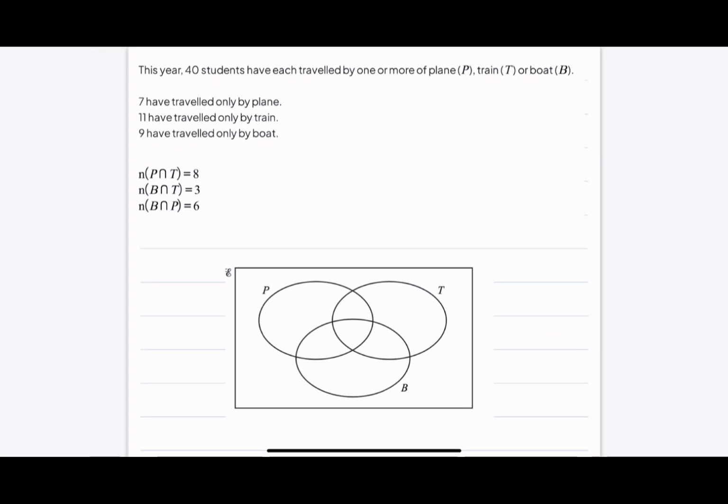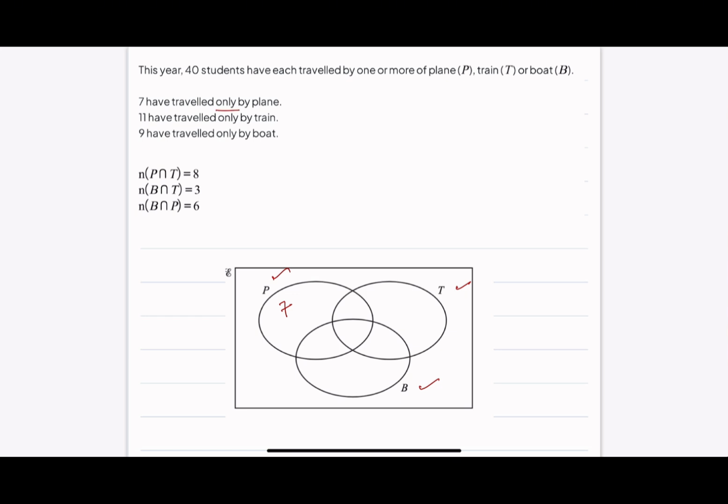Okay, so this year 40 students have each traveled by plane, train, or boat. These are the three sets that you can see for train, plane, and boat. 7 of them traveled only by plane. So if I fill that up, this is 7 only by plane, which means they did not travel by any other mode. 11 of them traveled only